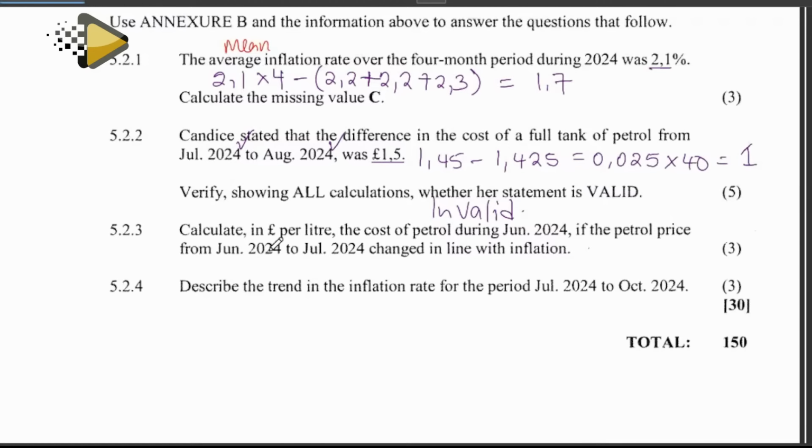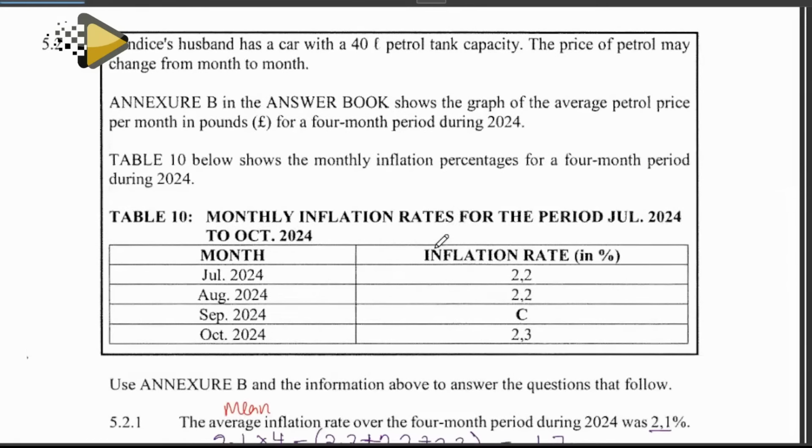Calculate in pounds per liter the cost of petrol during June 2020. So now, in June 2020, July, it never changed, meaning it remained the same. So we should use the 2024 inflation rate that we have, and we work backwards. So the price was